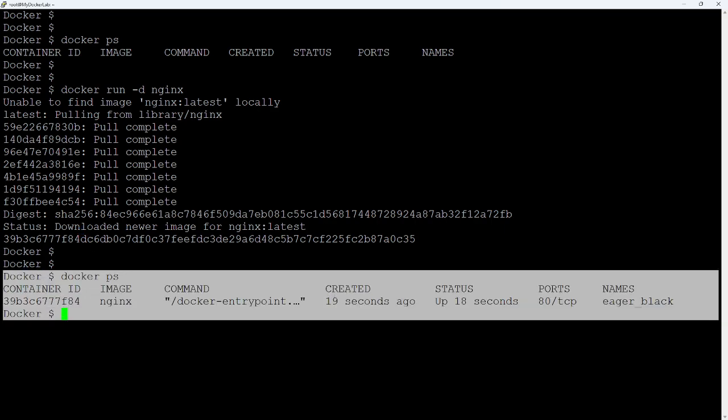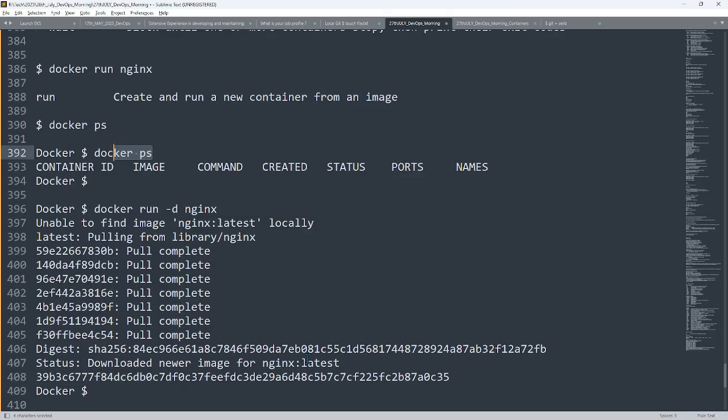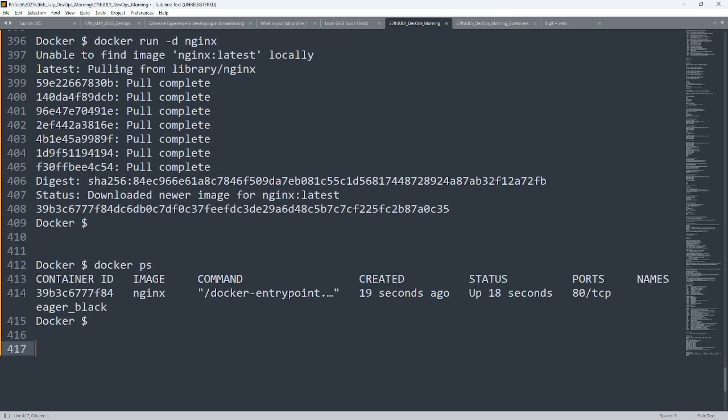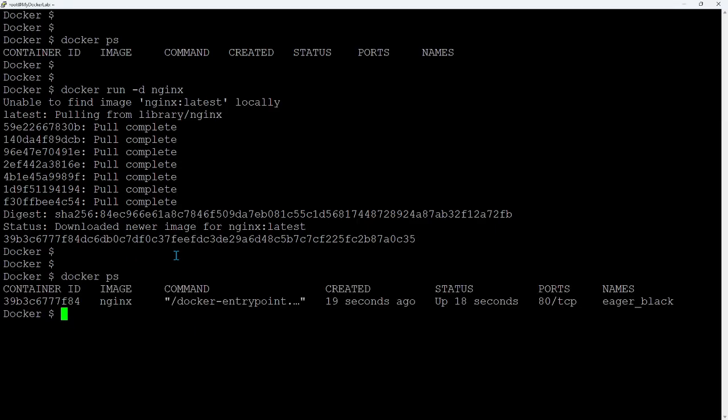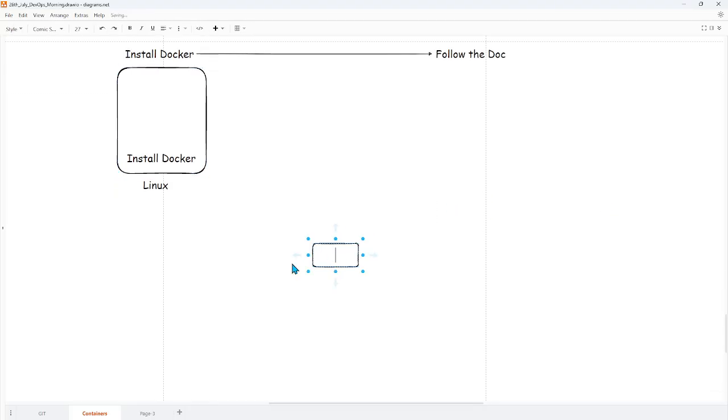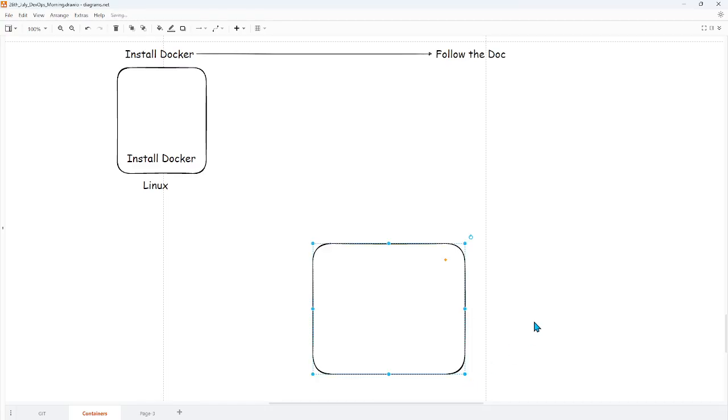Okay, and please, if you have any question, hold on, because I am telling you a very important story. Just listen like a story. It's a very important story. Okay, we have created a container. So what happens? Let me draw a diagram. So what happens actually? This is the Linux machine.